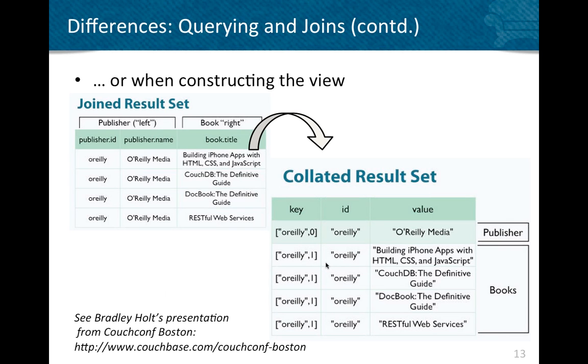But the main point here is that when we're constructing the view, we can do joins across that data as well. So what you're seeing in this example on the joined result set is an example of what you might do with an RDBMS. If I have a joined result set, it's going to have the publisher ID and publisher name and a couple of columns from the result set of the join, and then it's going to have the book and book.title from that joined result set. In the case of a document database,